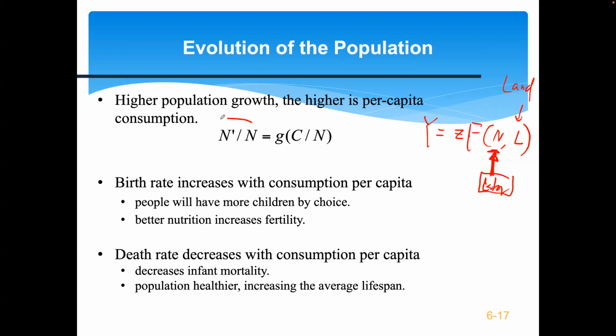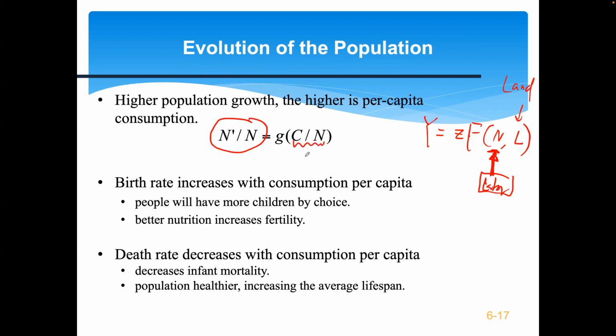The population grows here. Why? Because this is the ratio of the population in the next period in terms of the size of population in the current period. That gives you the population growth. The population growth is going to depend on